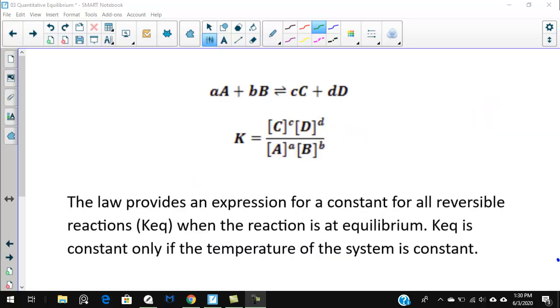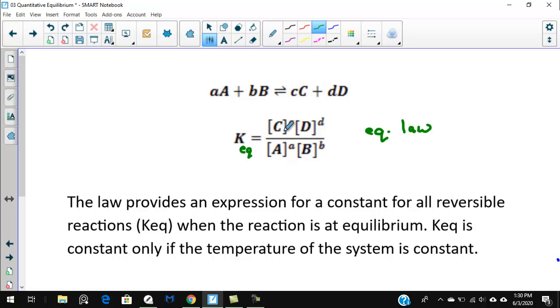Let's look at this example again, just using some variables, and then we'll apply it to some real equations in a moment. If we had the little a represents the coefficient, and then the big A represents the reactant, a little b coefficient, big B reactant, and then so on. So this would be A plus B forms C plus D. And if we were to write out what's called the equilibrium law, we say that K, that's our equilibrium constant, I'm going to call it the KEQ,